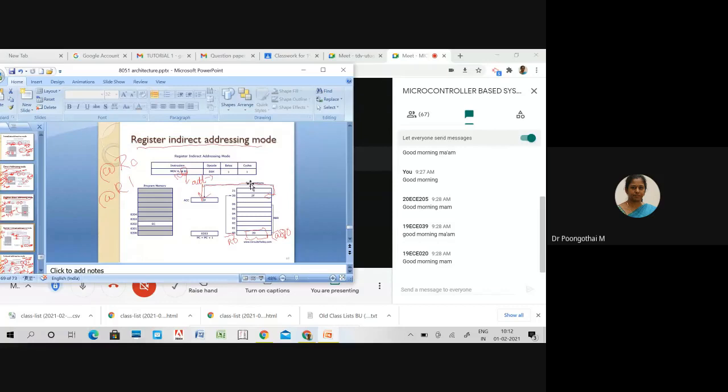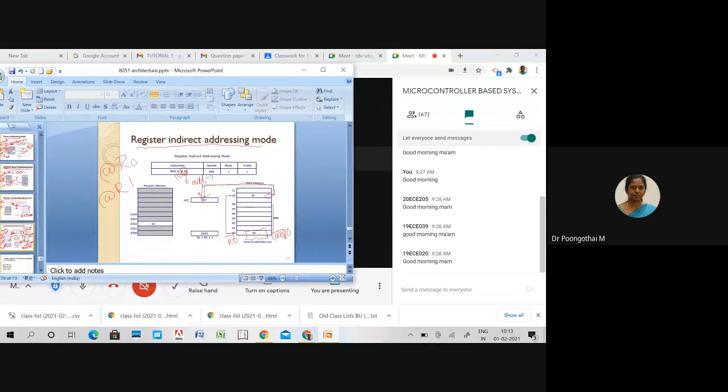What is this indirect addressing mode? What is the meaning of that @ representation? The content stored at that particular register. Here your R0 acts as a pointer. The content stored in the register, R0, holds some value. We are trying to access the data available at that memory location. After that, that data is transferred to the accumulator.